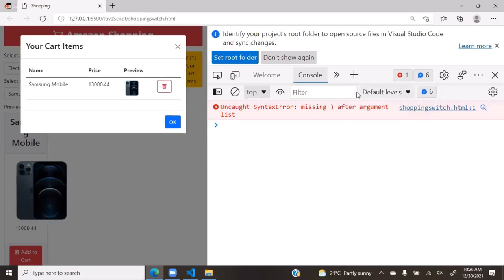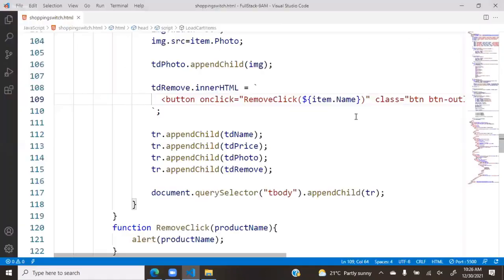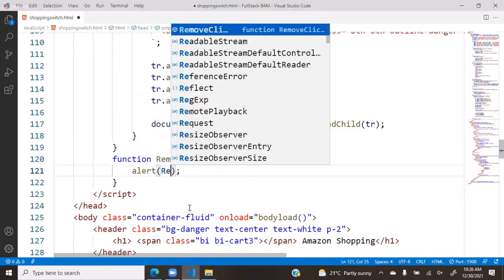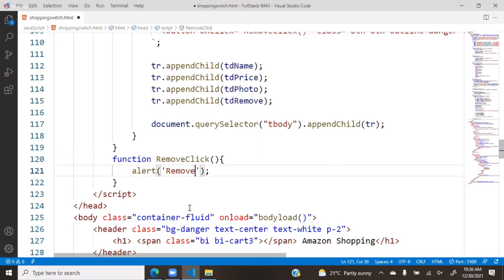Where it is, line number. Yeah, you see here, this is the item list, that's fine. Now the point here is remove click is a function. If I don't pass anything into this remove click, observe, here we are just expecting something empty, and here I will put an alert. What is the alert? Simple, I say remove click